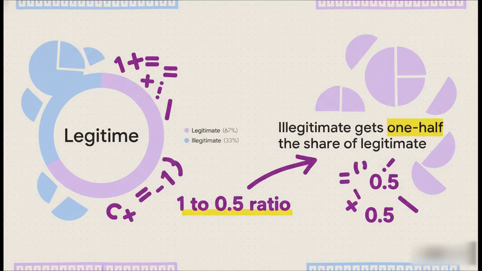And you can't forget the math of Article 176 when it comes to successional rights. The legitime of each illegitimate child is exactly 1/2 of the legitime of a legitimate child. Just think of it as a 1 to 0.5 ratio. For every full slice of the inheritance pie the legitimate child gets, the illegitimate child gets a half slice. Seriously, burn that 1 to 0.5 ratio into your brain.